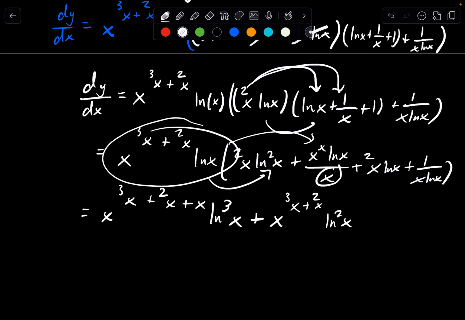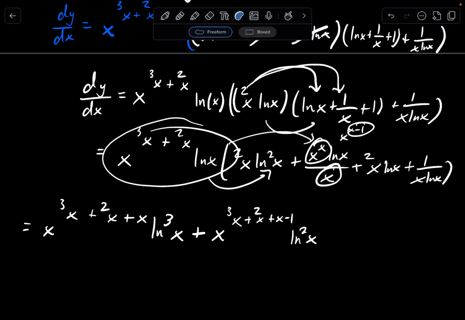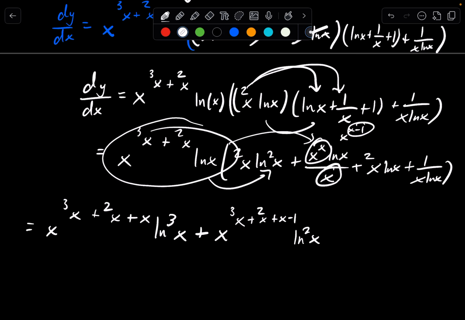And this x and this x to the x, that becomes just x to the x minus 1. And since this x minus 1 is here, we can add that to the exponent of our tetration thing here. So you can feel free to pause the video because I'm going kind of fast. This is a little bit more complicated, but this is what we're kind of left with, and then we have to distribute to the last term, I mean. Then we can distribute this once again here. Oh, there's one more term as well. But then we get